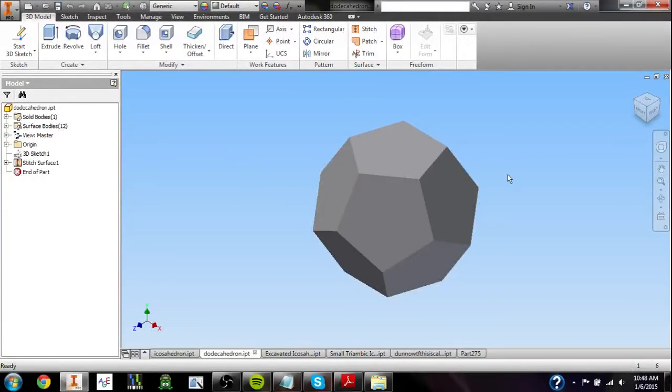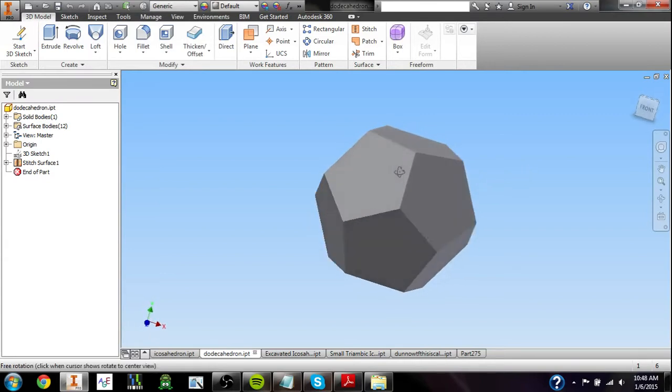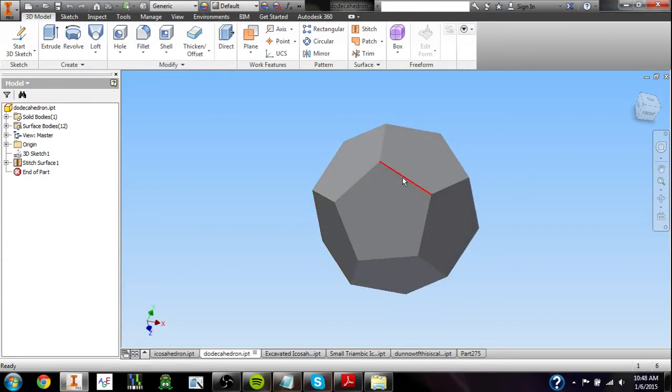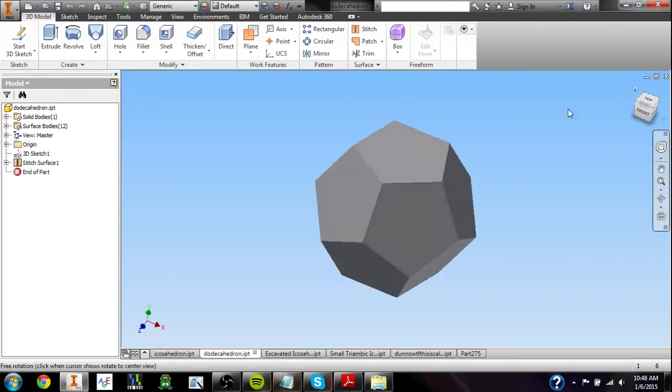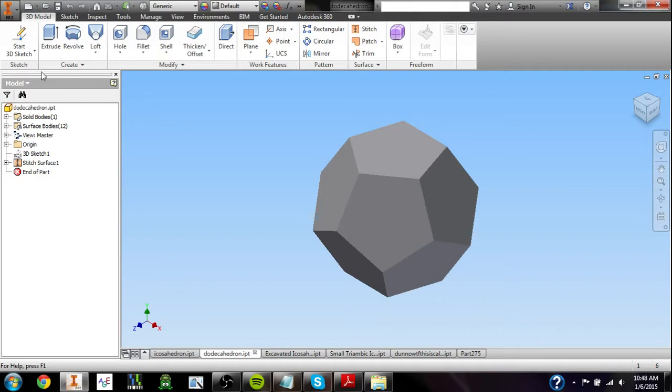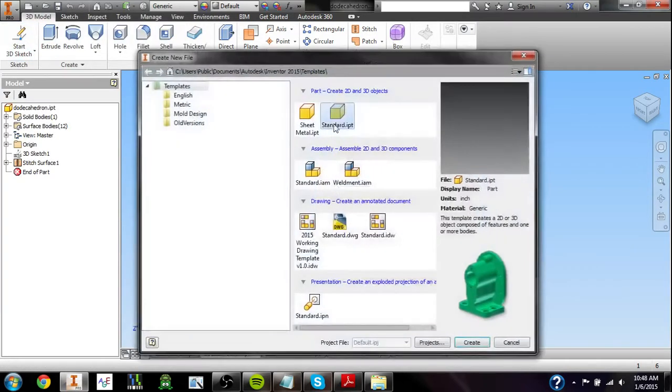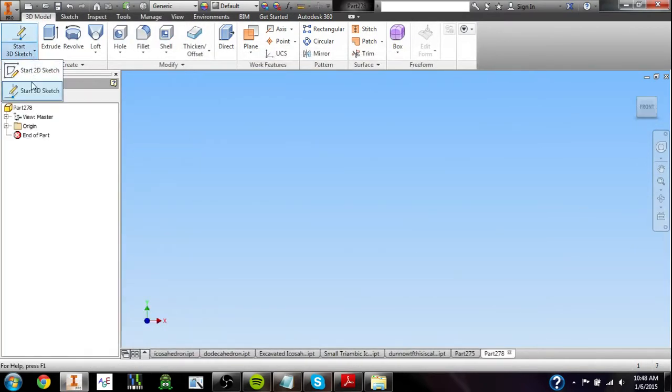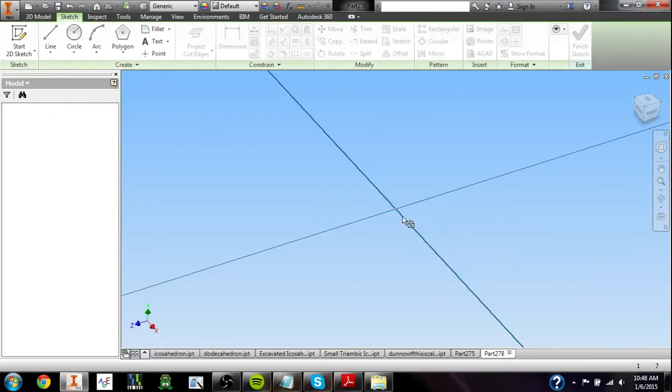Okay, so the next part I wanted to make is this one here. This is called a dodecahedron. It has 12 sides. Each one is a pentagon with a side length of 1 inch. Now, if we were to approach this part in the same way as the last one, we go new part, make a pentagon at the top,